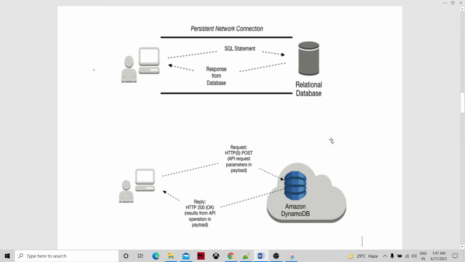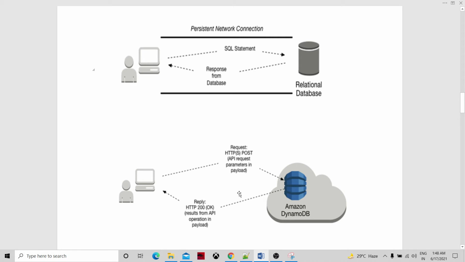But in terms of Amazon DynamoDB, because this is mostly related to web applications, an HTTP API request would be coming as a payload from the client application, requesting the data from Amazon DynamoDB, and Amazon DynamoDB serves the data and replies in terms of an HTTP response.